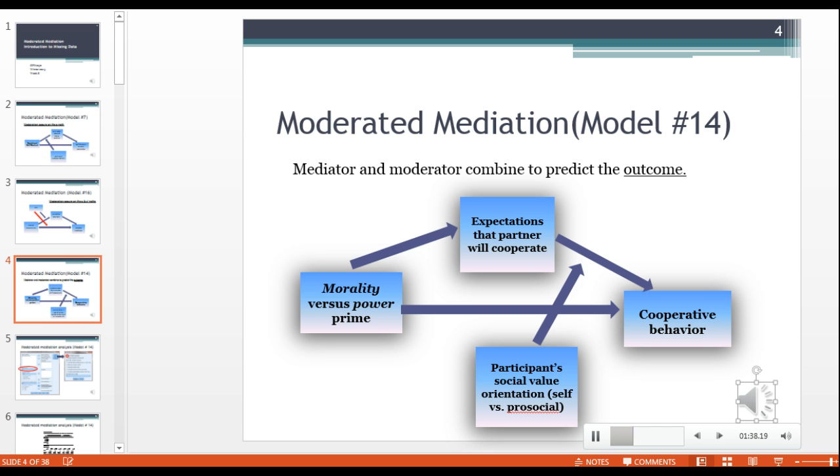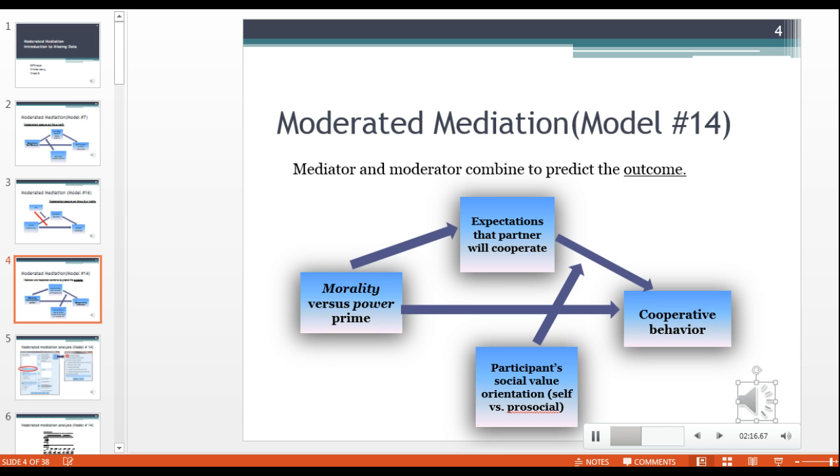provided for them. In the morality prime condition, they gave participants words such as honest, trustworthy, helpful, cooperative, reliable, etc. And then in the power prime, they gave participants words to construct sentences that were things like self-assured, self-reliant, winning, autonomous, powerful, etc. And they predicted that depending on what condition those participants were in, they would have expectations